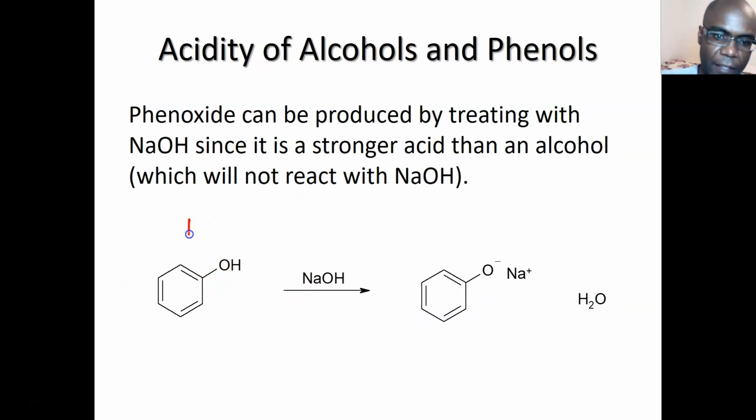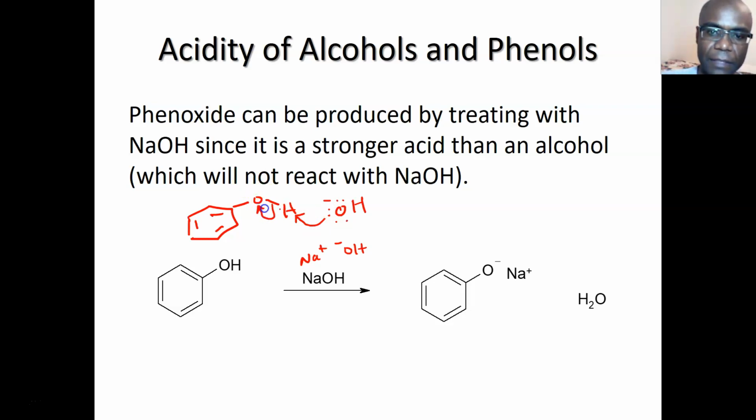I'm going to draw the ring again for clarity. If you take phenol and react it with sodium hydroxide, again, this is ionic, so I would rather write it like that. So the hydroxide part of sodium hydroxide will come and take off this hydrogen, because now we know that phenols are acidic, they are proton donors. So what do you get? You get the conjugate base, we call it